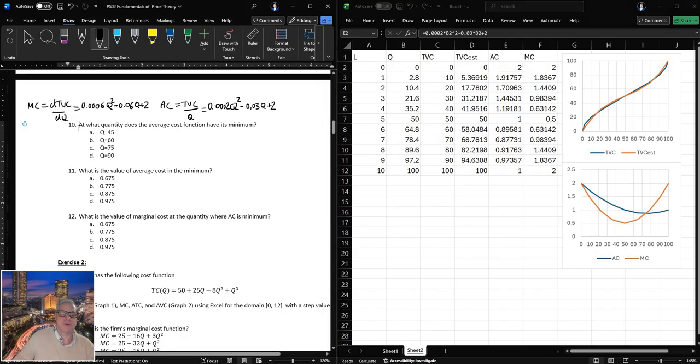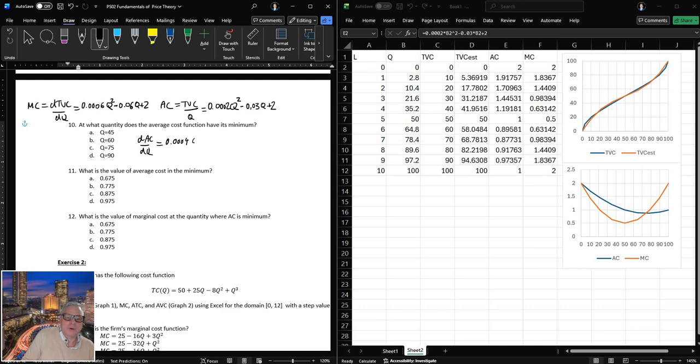Okay, so where does the average cost function have its minimum? Well, it should be somewhere here where it intersects with the marginal cost function. So yeah, we have to calculate it. Okay, so we have to take the derivative dAC with respect to Q. That has to be equal to 0. So we get